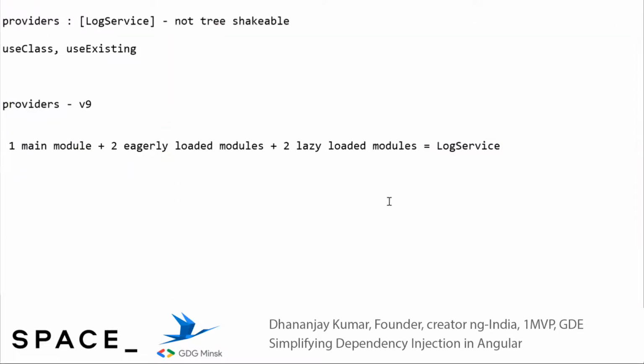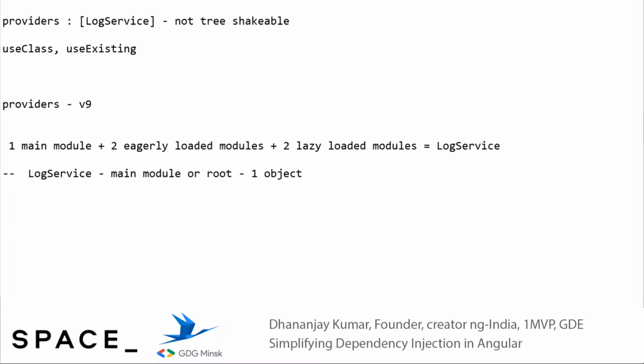So right now, in the default scenario, it doesn't matter how many modules are here, two eagerly loaded modules, two lazy loaded modules. In scenario one, if you are providing the log service at the main module level or using root, only one object would be shared. And here I'm assuming that you are not providing it again in any component of any of the modules. So this is your scenario number one, which you just saw, and we are getting the output. Again, you don't have to do anything extra.